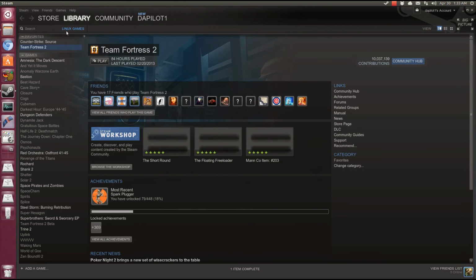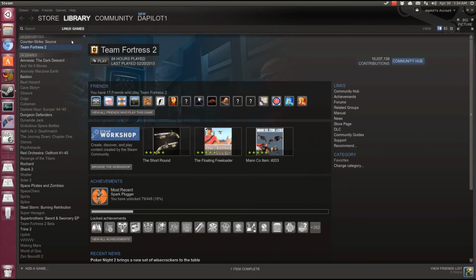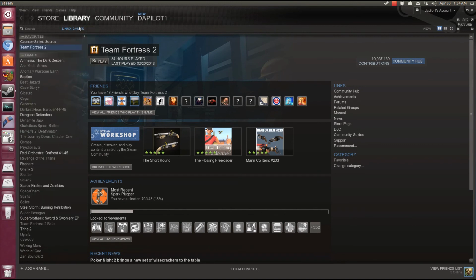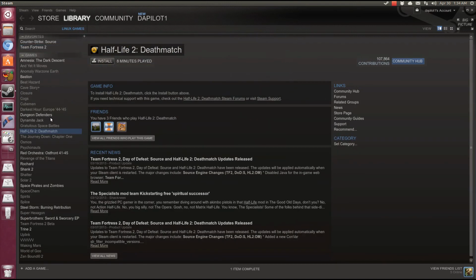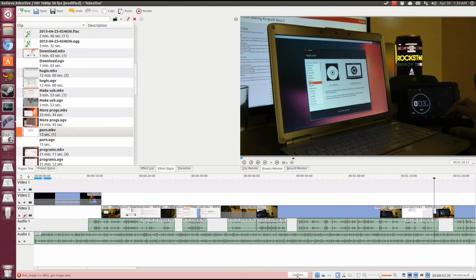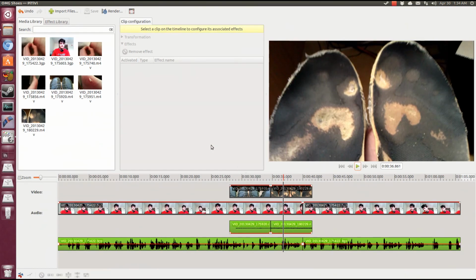For instance, here in Steam, only 39 of my 161 purchases will run on Linux, and most of them run at a lower frame rate than you'll experience on Windows. Also, the video editors aren't the best. They tend to crash a lot,